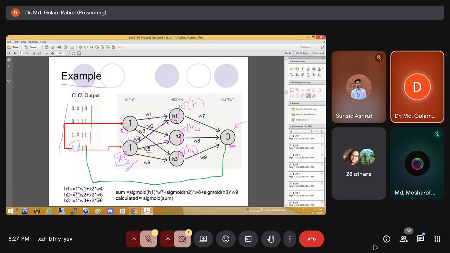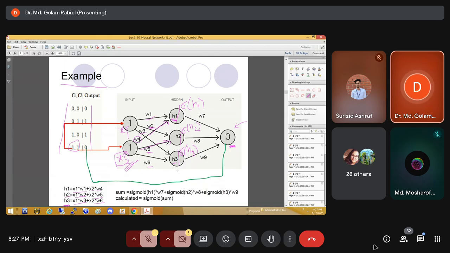Here is X2 W5. And then for H3, it is X1 times W3 plus X2 times W6, and we get H3. So we got H1, H2, and H3. Those are our hidden layer